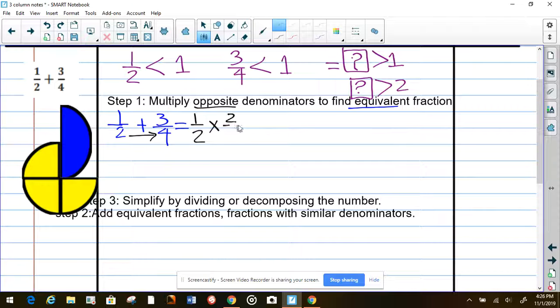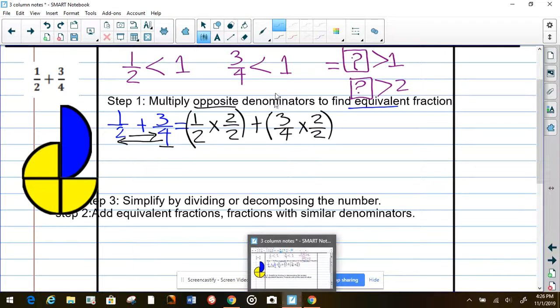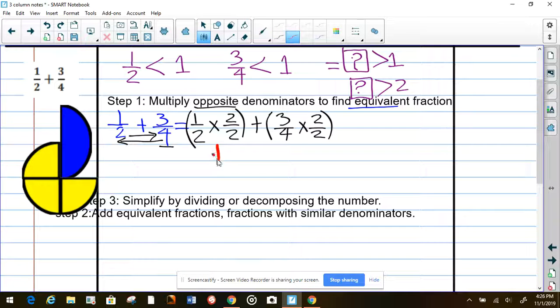times 2. And we have to do 2 over 2 because that assures us that we don't change the value of the fraction. Now we're going to write 3/4. I copied this from here, and this is going to be multiplied by the opposite denominator, which is 2, times 2 over 2. So when we do that, our total is going to be